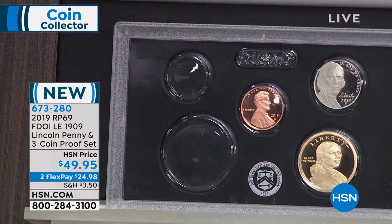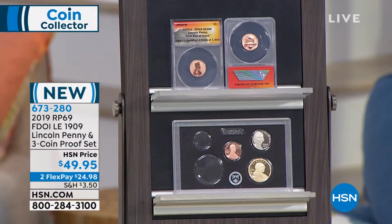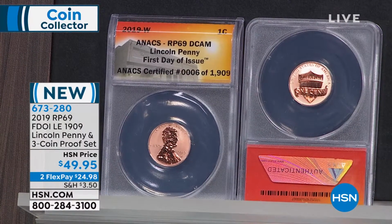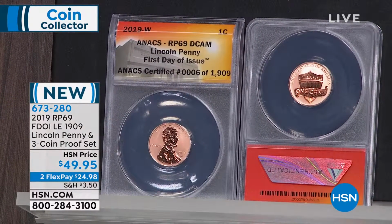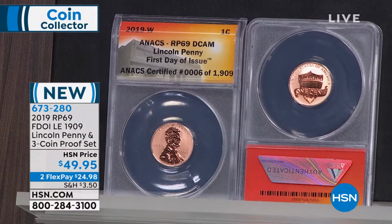And let me explain something to you. This coin by itself, if I kept all these coins at $49.95, is a 100% spectacular opportunity because it is unique in the world. They've been making the Lincoln cent now for 110 years. You know how many reverse proof West Point minted Lincoln cents there are? 1. You know how many West Point minted Lincoln cents there are? 2. The other one is the proof West Point minted Lincoln cent, which, by the way, I think we have on hsn.com for like